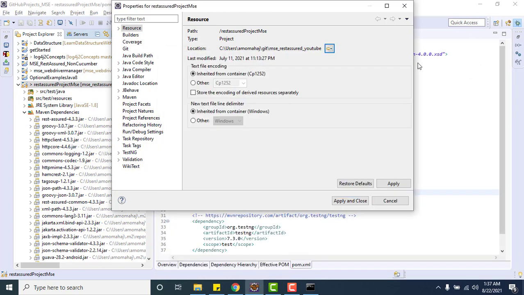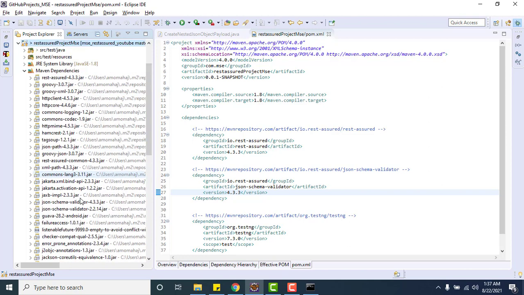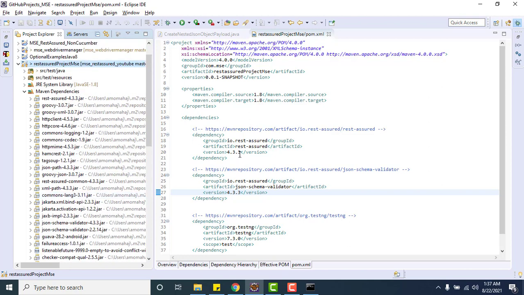I hope that you know about transitive dependency. We had only 3, but there are so many dependencies added, because this particular library will also have some different dependencies. We know that we already have JSON path and XML path built in, so there's no need to add them separately.